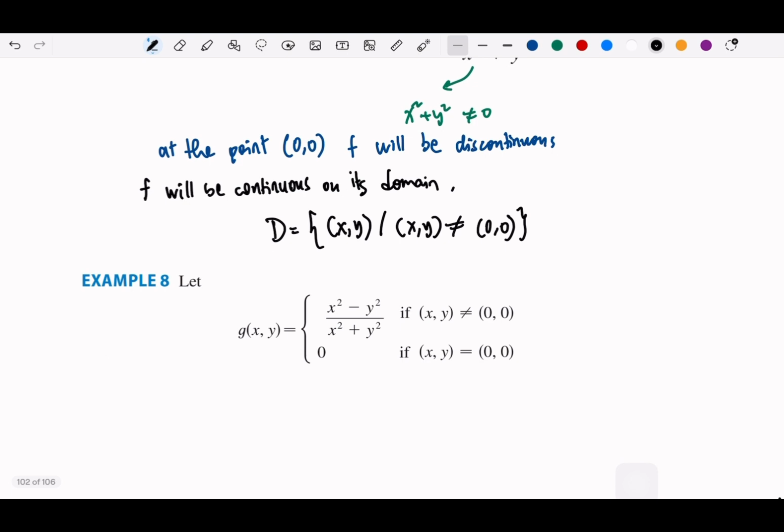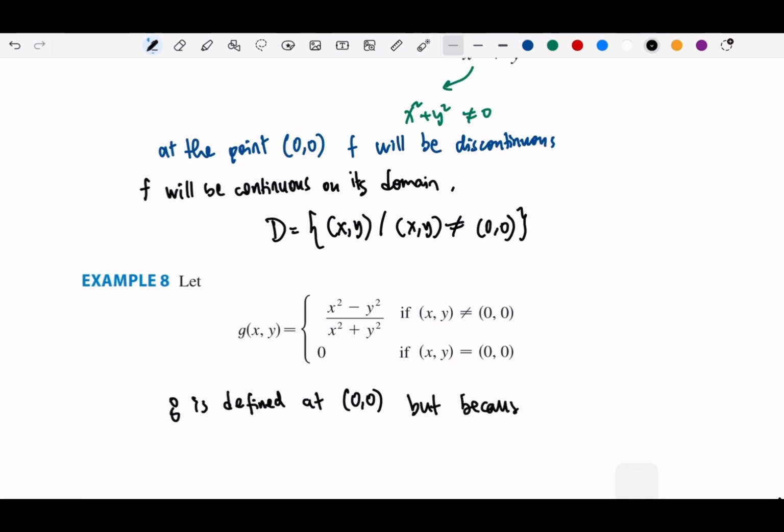The piecewise could be understood as we have two different equations here. So G, in our case here, is defined at 0, 0, but